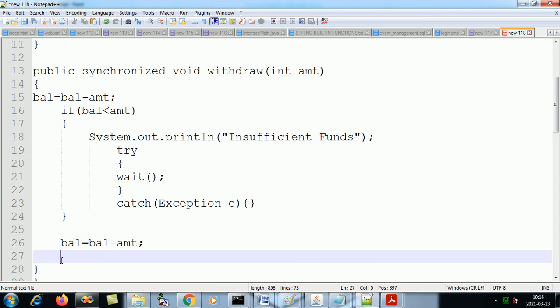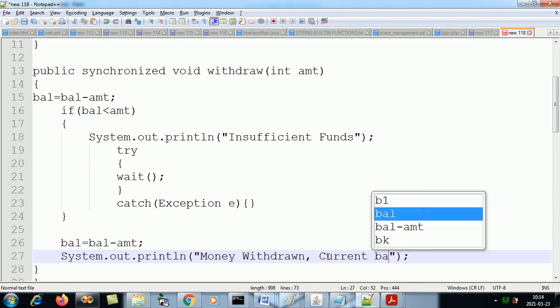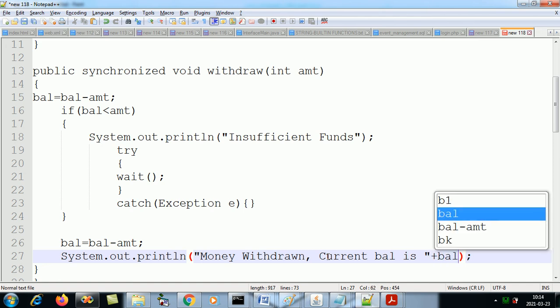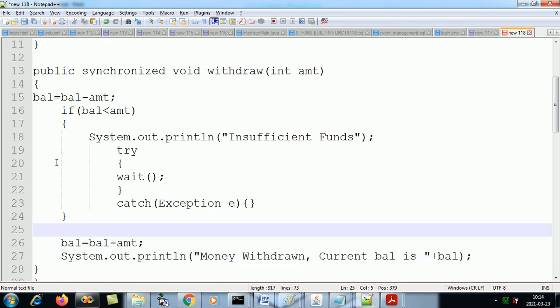You can display money withdrawn and current balance is, plus that. This will happen.